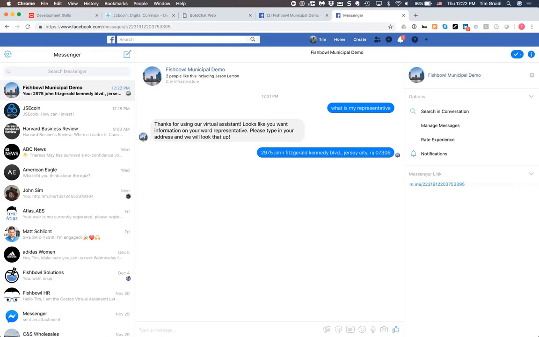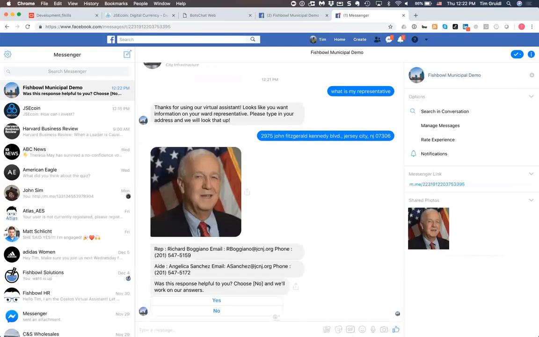And now, again, to the back-end integration capability, we took that address, we basically sent it to Google, did some triangulation on it, compared it to the district zoning map, and now I can actually see who my